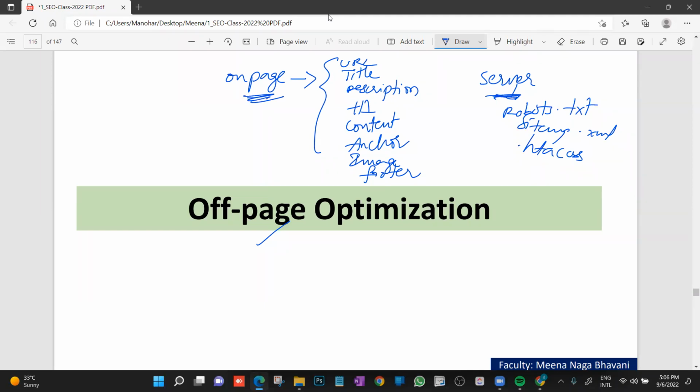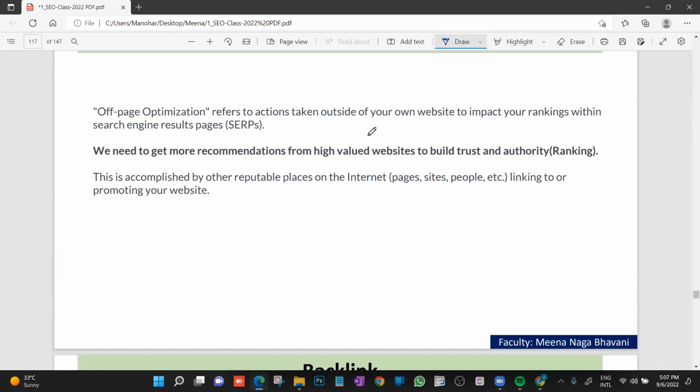The name itself indicates what we will do. Off-page optimization is the activity that we do outside our website. Off-page optimization refers to the actions that are taken outside of your own website and they are going to impact your ranking on the SERP. So how to get that? First of all, if you have a website,